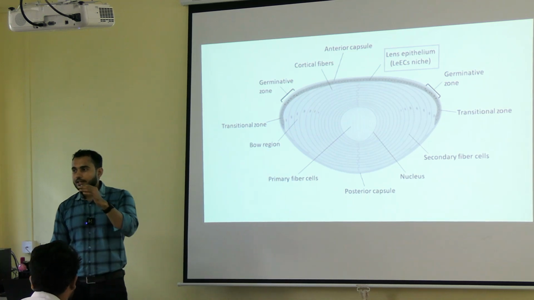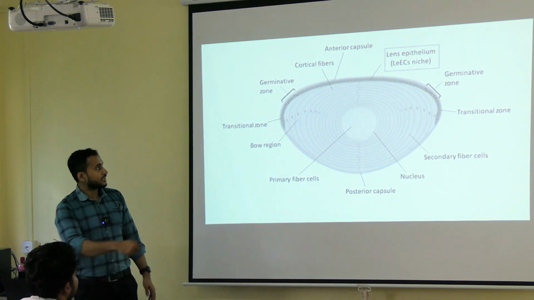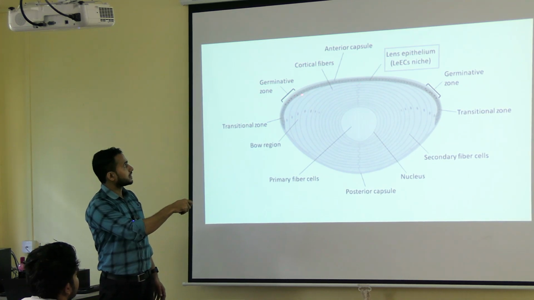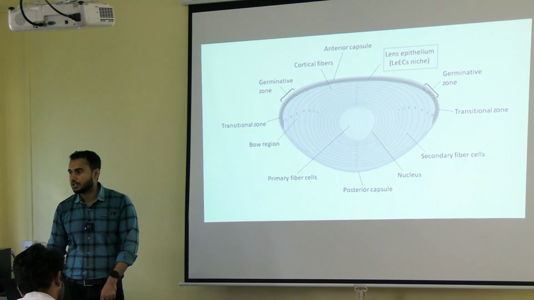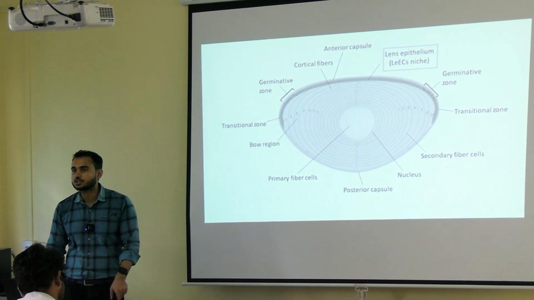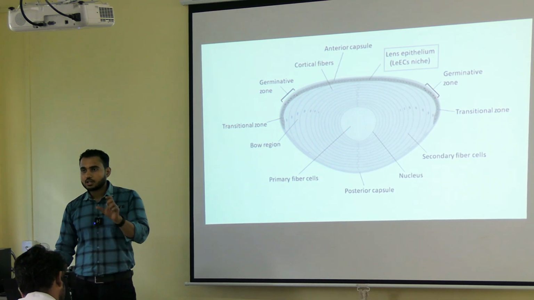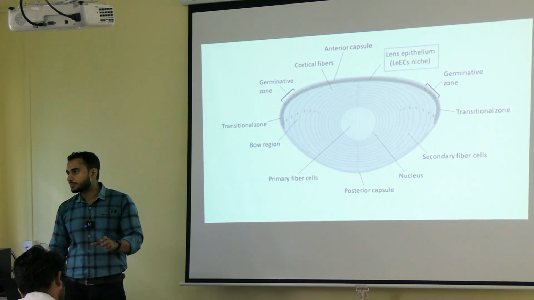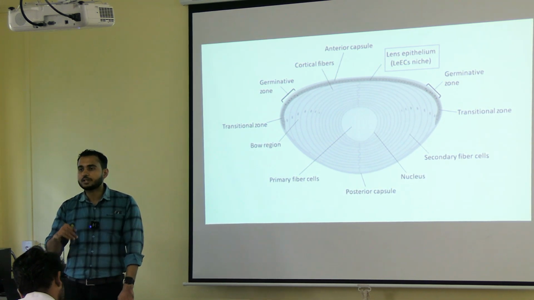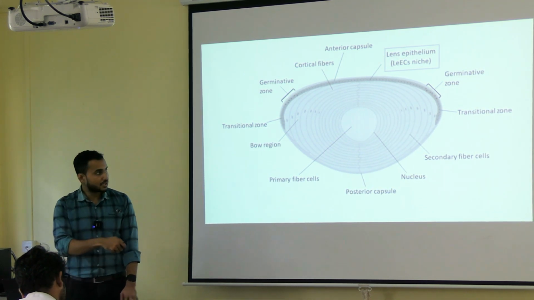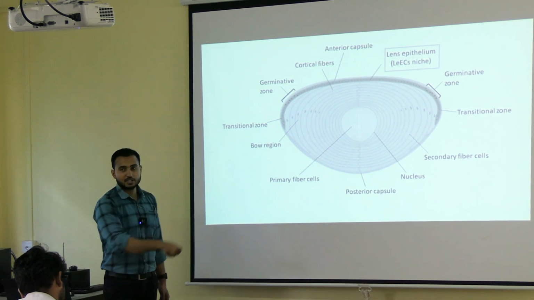On the anterior aspect, just deep to the lens capsule, you can see the lens epithelium. See, this is the lens epithelium. Now, which epithelium is this? This is simple cuboidal epithelium. Now there is one point. The lens epithelium is present only on the anterior aspect. On the posterior aspect the lens epithelium is not present. As you can see in the diagram, on the anterior aspect only the lens epithelium is present. On the posterior aspect it is absent.